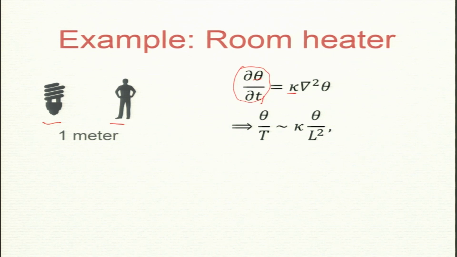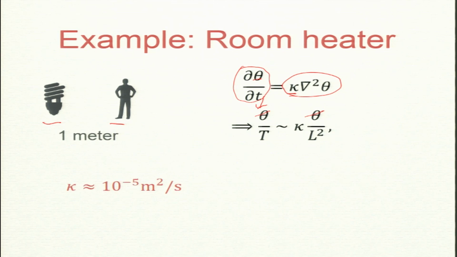This has magnitude theta by t, where t is a time scale. Okay. So, t is what I am looking for, how long will it take for the heat to travel 1 meter. Now, the second term also I will do an order of magnitude estimate. Dimensionally, theta will go at the top, grad is 1 by L, so that will be 1 by L squared, and kappa. Here theta cancels and we get basically an equation for t.